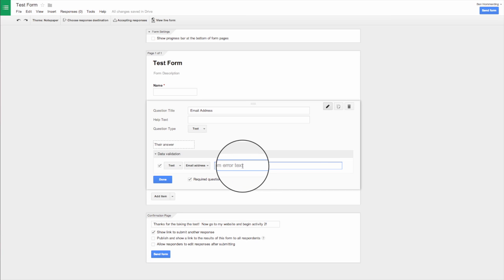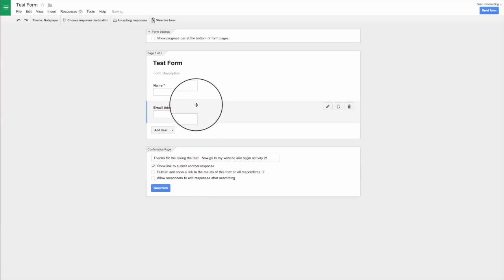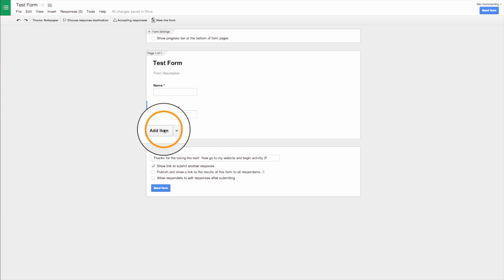And then I can put a custom error message. So then I could type in something like, sorry, you did not enter your email address correctly. Please try again. And then hit done. And now when the students enter their email address in, if they don't do it correctly, it'll bring up that pop-up question. Again, I could select duplicate and add another one, or I can add another item from down here,